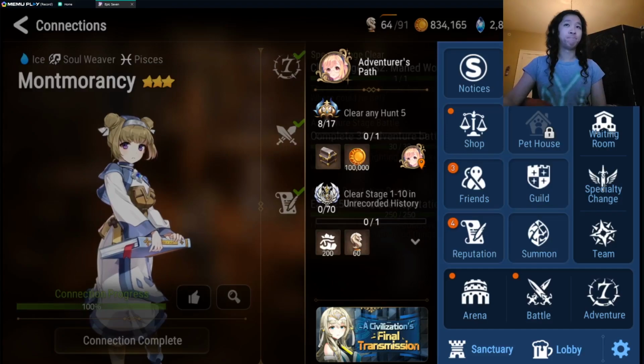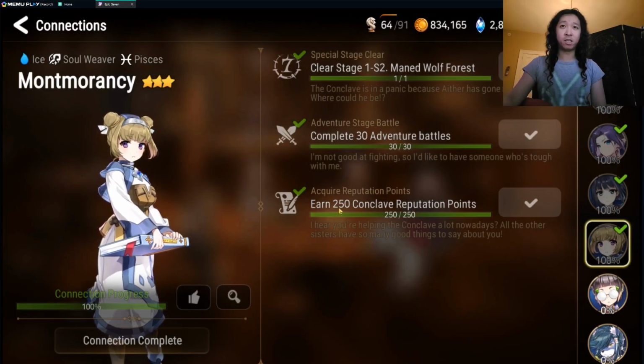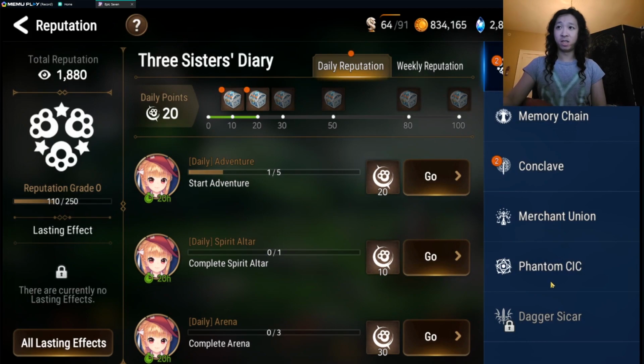A fast way to get these Conclave points is to do hunts 1 through 3. So